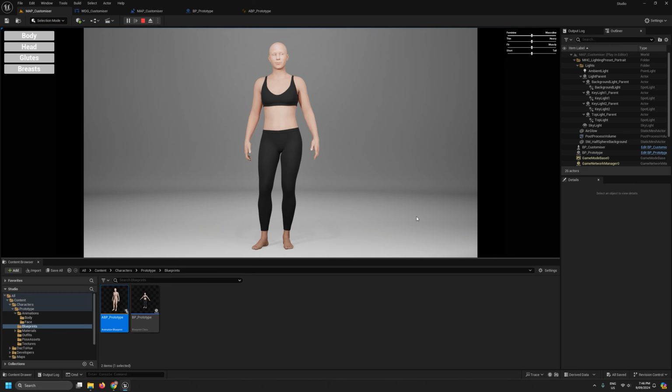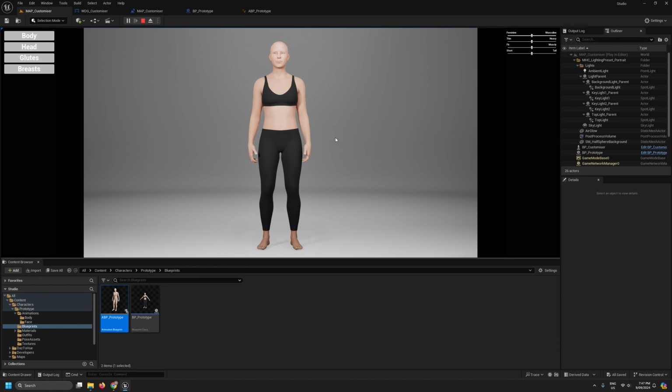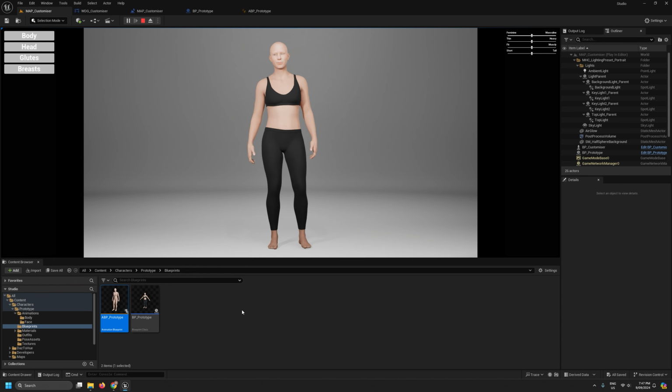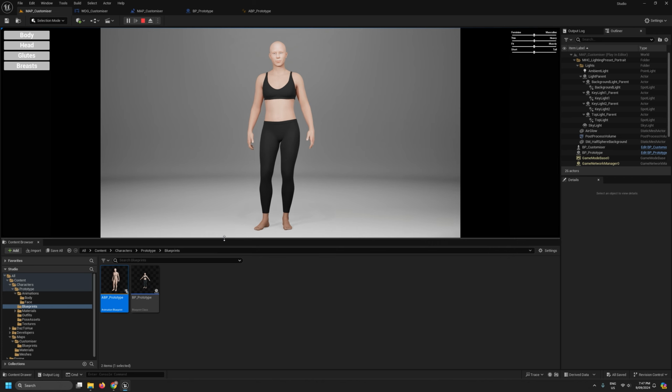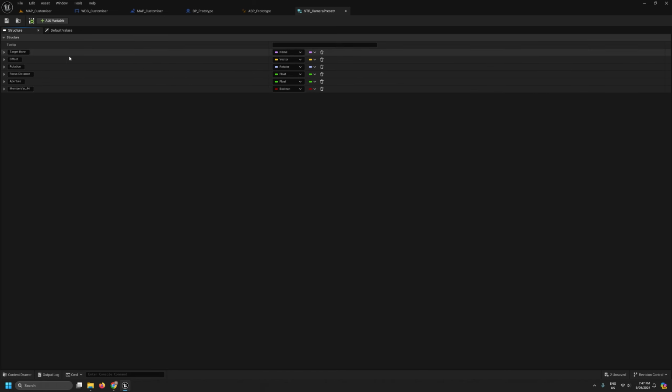I also decided I don't want the camera to follow the character left and right. Especially when it's in this body animation, because it makes the feet look like they're sliding. I think that's the problem anyway. Minor detail, but you know, it's the minor details that add up, I think. So my camera preset, I'm going to add a